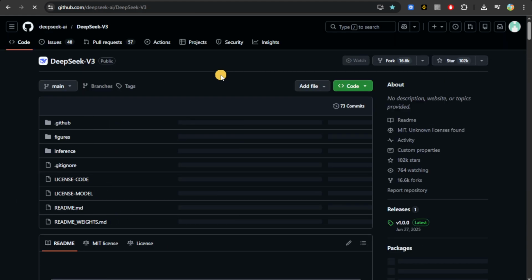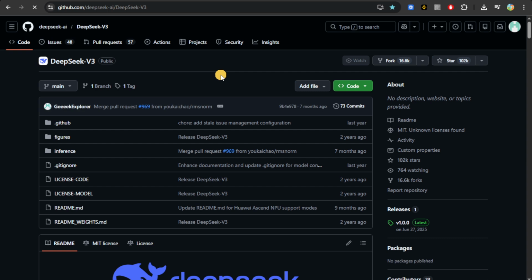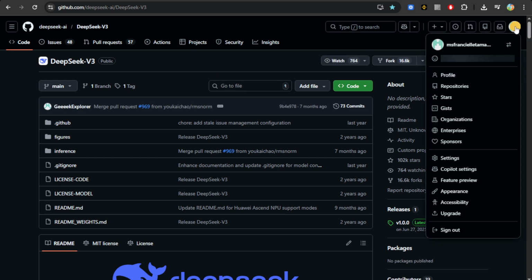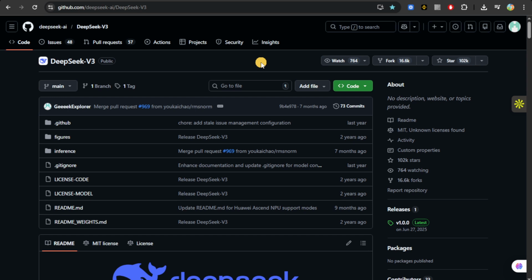Now, if you're going to use your very own project that you already have, you can just click on your profile right here. And then you're going to click on repositories, and usually you would see your repositories that you've already done there. Now, you're just going to click on any project that you want, just like what we're doing right here. And then once you're in the project page or the information page,